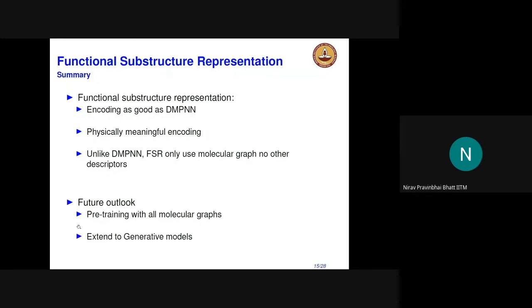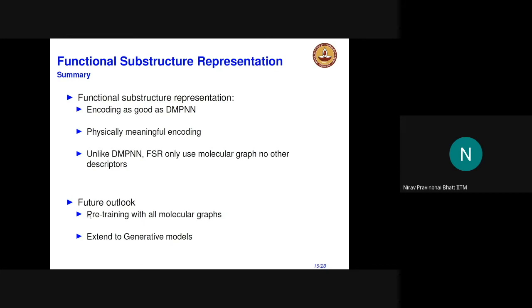And what we are currently doing is we are trying to do pre-training. In other words, we are trying to train our encoder decoder using 2 million molecules in one go. It's called pre-trained models, and it has its own advantages, where we can actually get a better representation than when we use a subset of molecules. So these are two future outlooks we are looking for, and hopefully by the end of this academic year we have a better idea about what happens with pre-training.